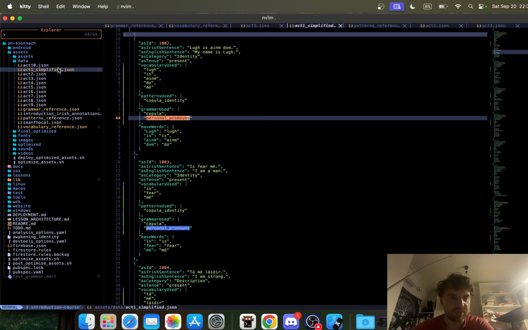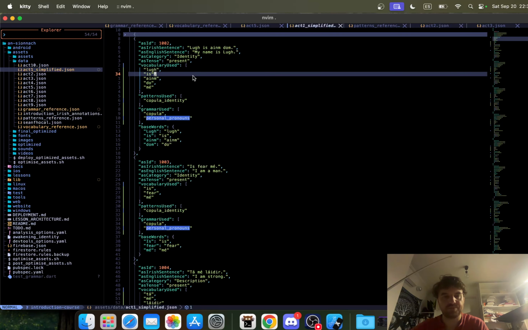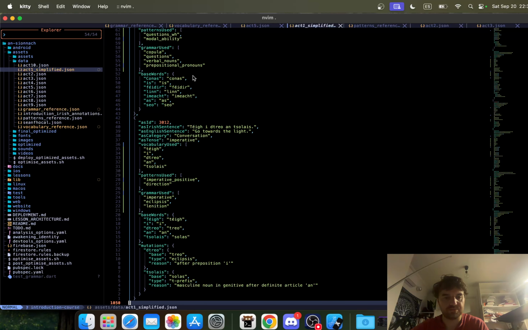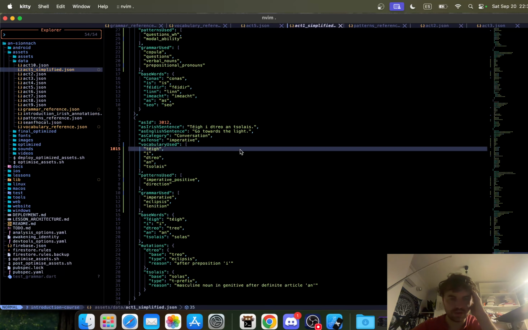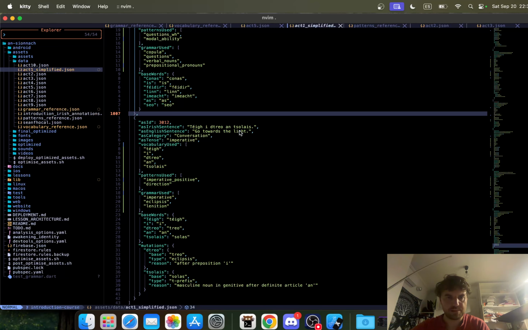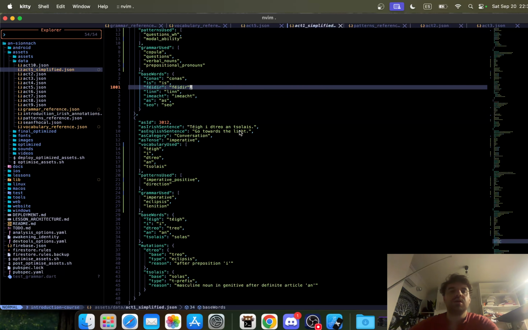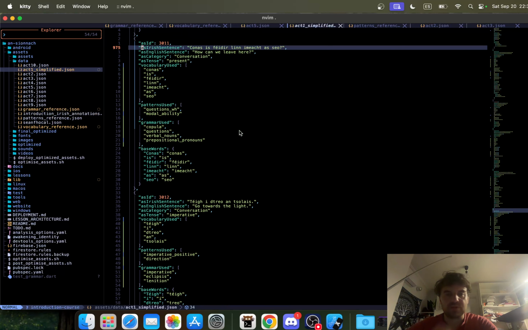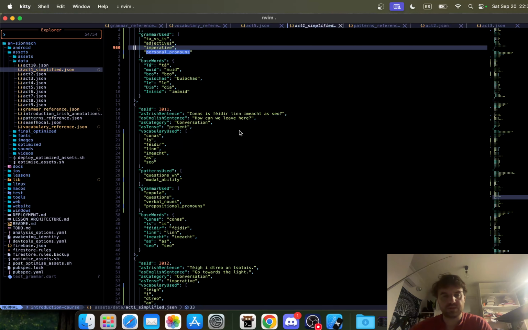So first of all, we have a simplified view. So this is just 1,000 lines, which is not correct. Why is it? I thought it was less than that. I thought it was 500. Is it duplicating itself? Probably, yeah. I'll probably paste it in twice or something. 1,000 lines,